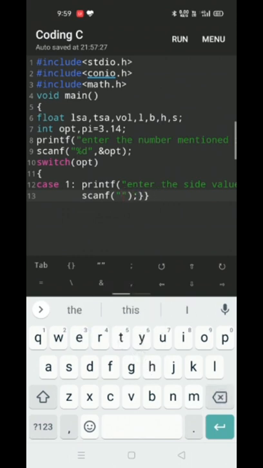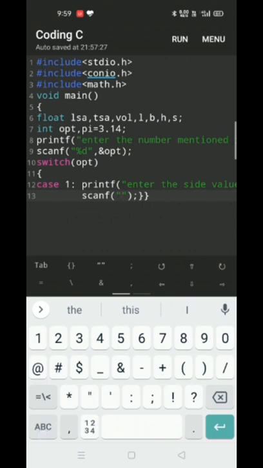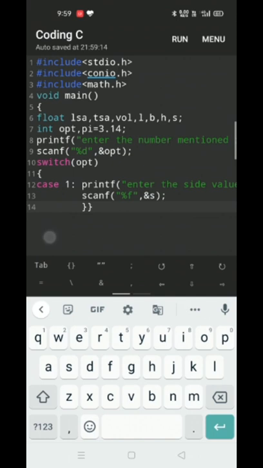So for that, we need to read the side value, and then we need to write the code, the operation which performs the lateral surface area.